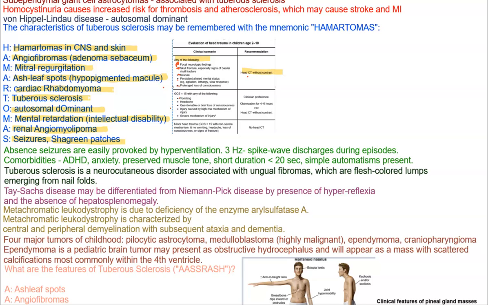Next, we have absence seizures. Absence seizures are easily provoked by hyperventilation, high yield. They have 3 Hz spike wave discharges during episodes. Comorbidities include ADHD and anxiety. They also have preserved muscle tone, short duration, less than 20 seconds, and simple automatisms are present, as opposed